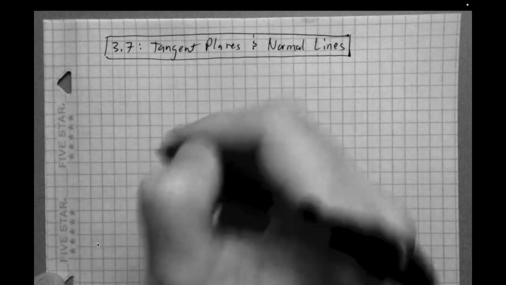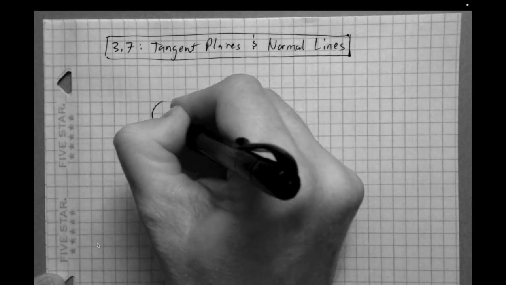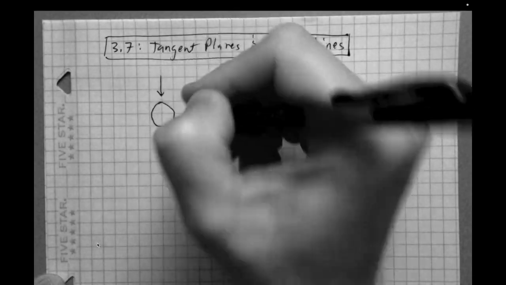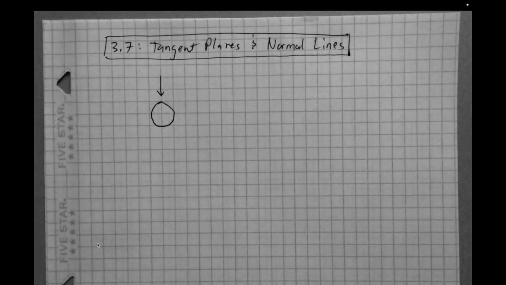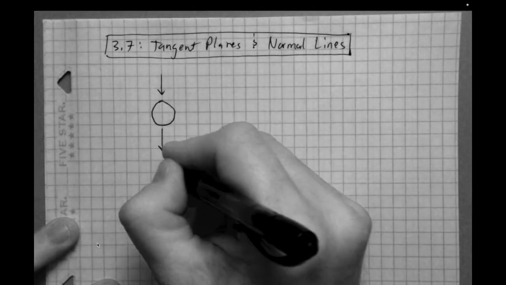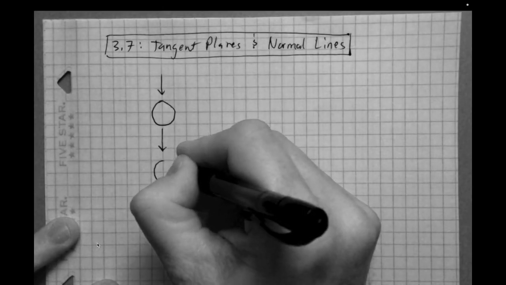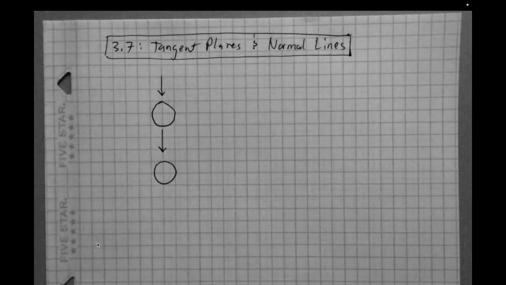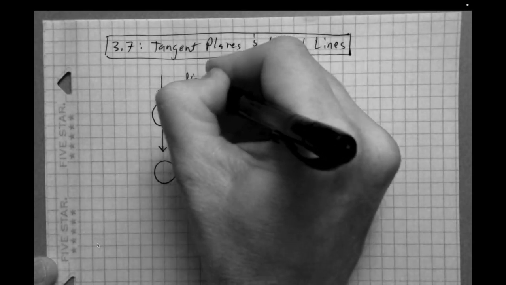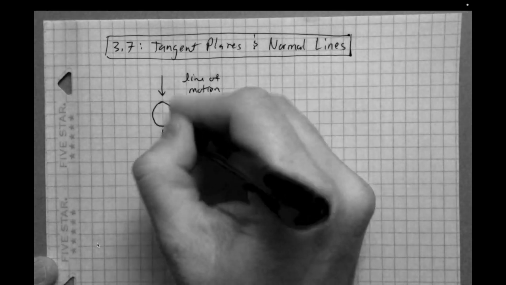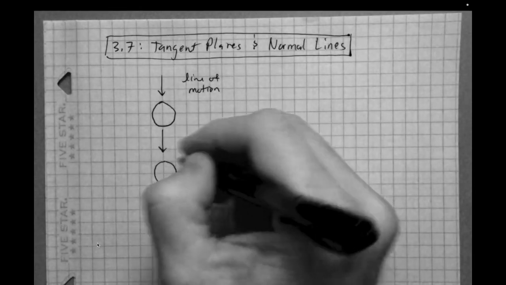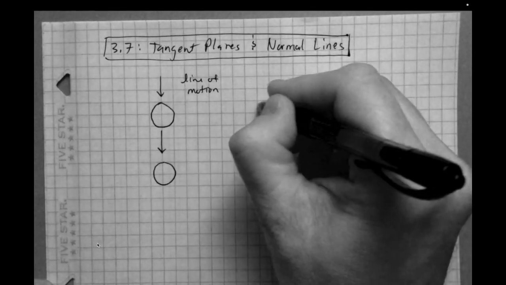So let's consider the billiard ball example, right? Say you've got a billiard ball that's in motion along a certain line. And let's say there's another billiard ball at rest that is precisely in the line of motion here. So this is the line of motion. Okay, and so this ball is obviously precisely in line with this other one that's at rest. And so when these two collide, what's going to happen? Well,